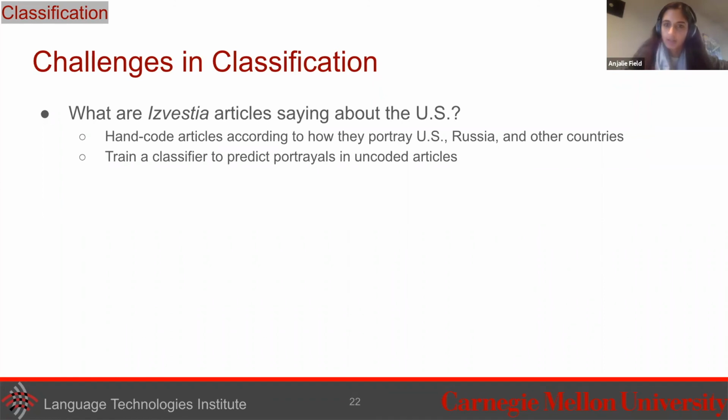So this is a pretty classic NLP pipeline, I would say. I'm sure someone will disagree with me, but I think this is a pretty standard NLP approach. But there are a lot of reasons why this is really hard. And the reason I'm talking about this project in particular is because we thought about doing this and didn't do it for a number of reasons.